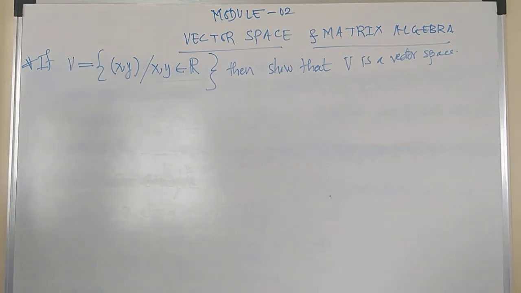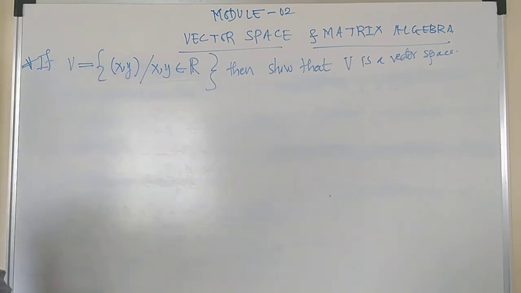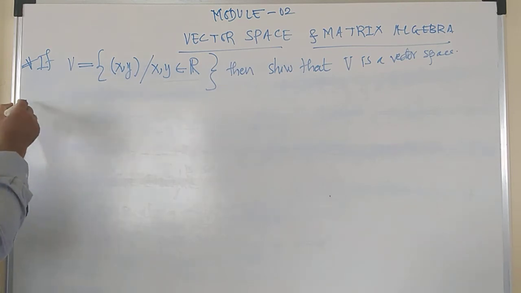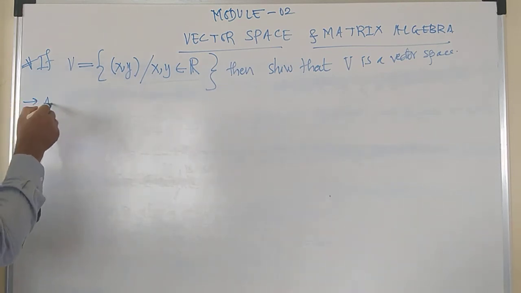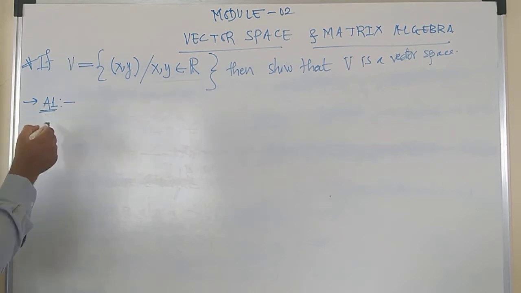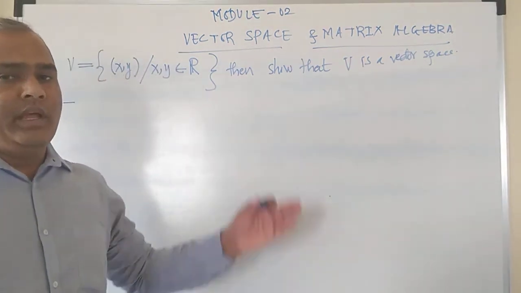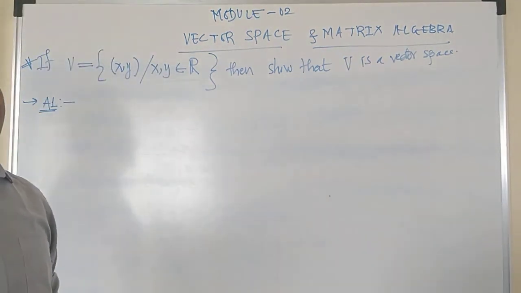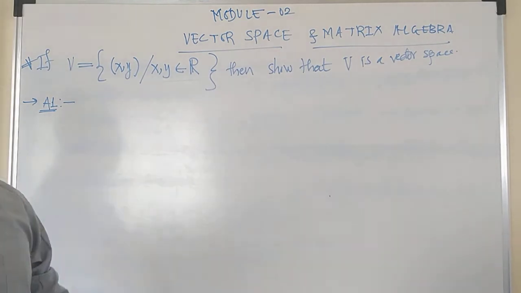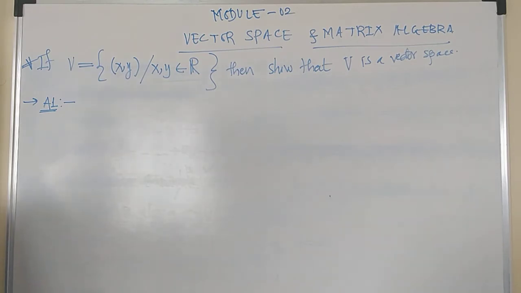In order to check this, we have to check for all the 8 different axioms, right? So let's go for the first axiom. Let us indicate the first 4 axioms for addition with A1, A2, A3, A4, and the multiplication axioms by M1, M2, M3, M4. Fine. So the first axiom for the vectors is if there are 3 vectors u, v and w,